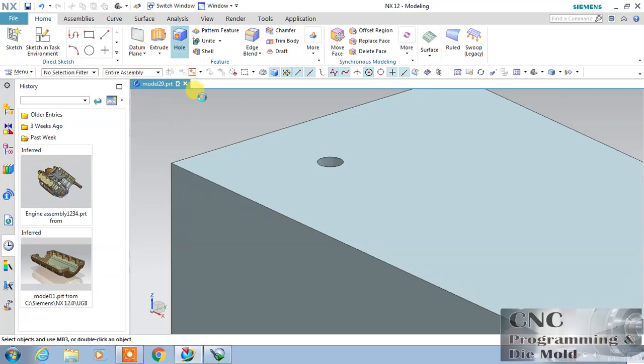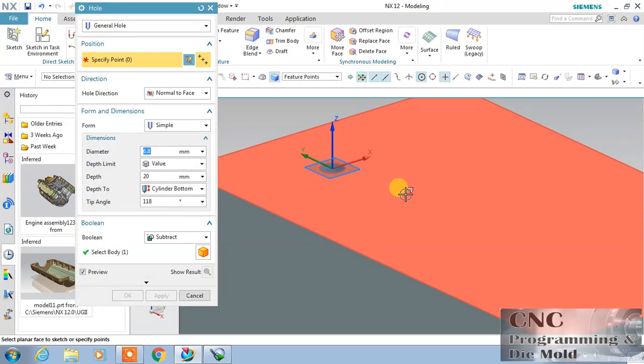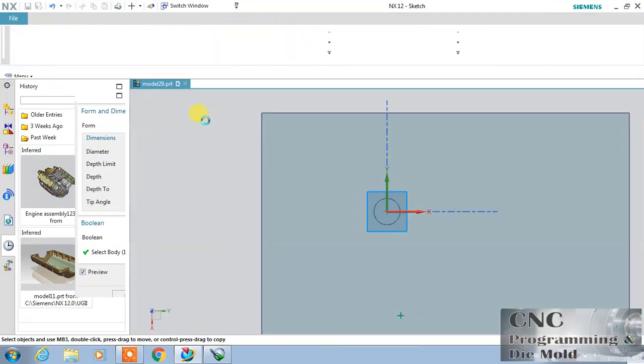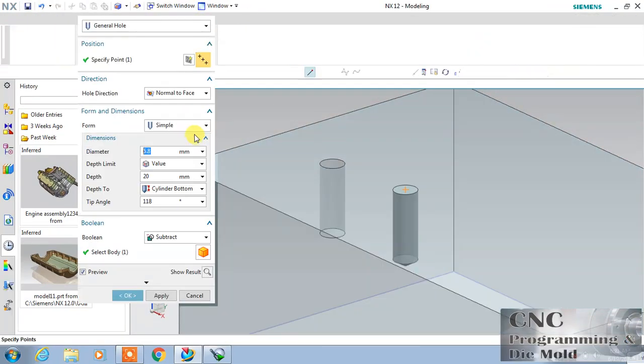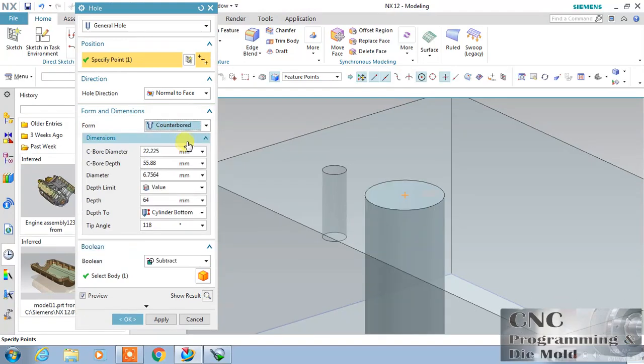Again go to hole and select the point for the positioning, and the position is OK. Now I want to choose this counter bore. Counter bore we have already used, and the diameter I need as 20. This is counter bore diameter.